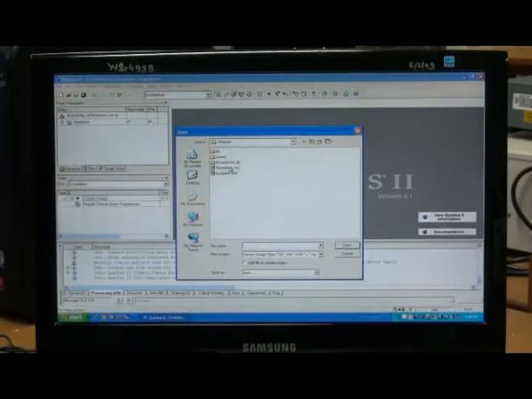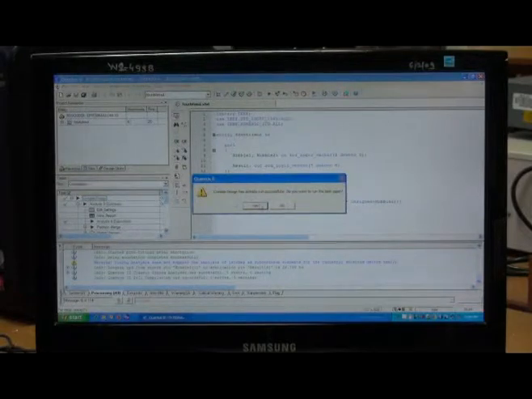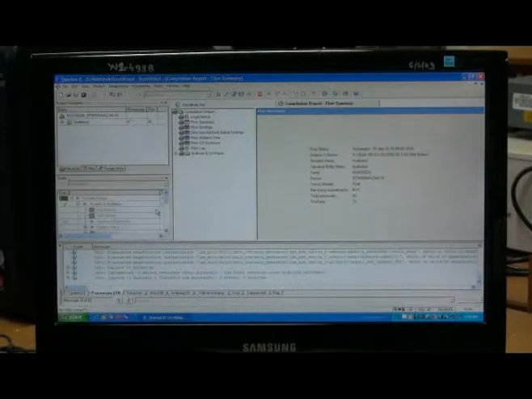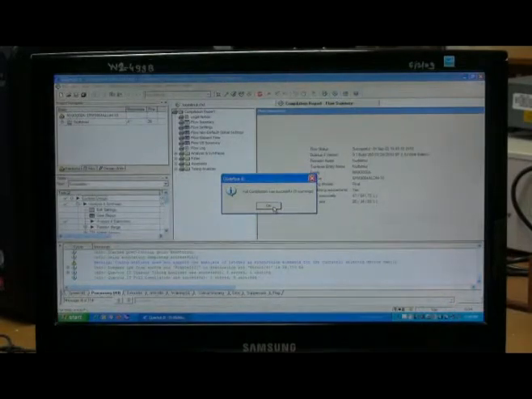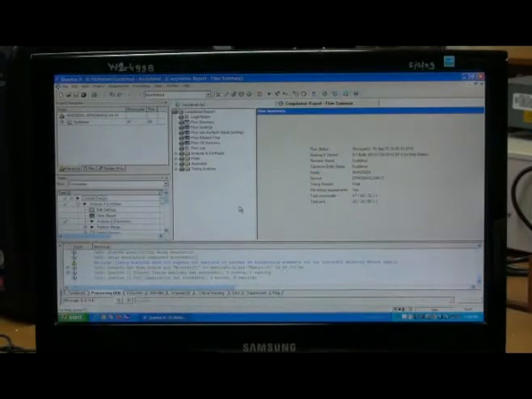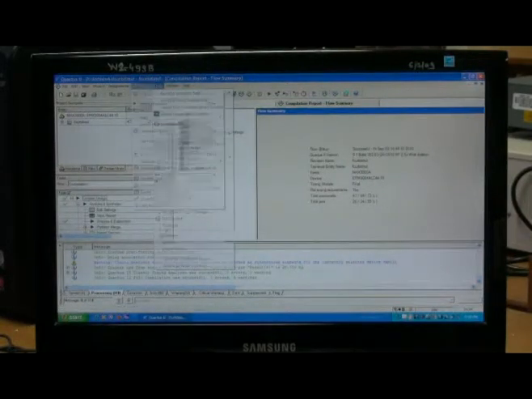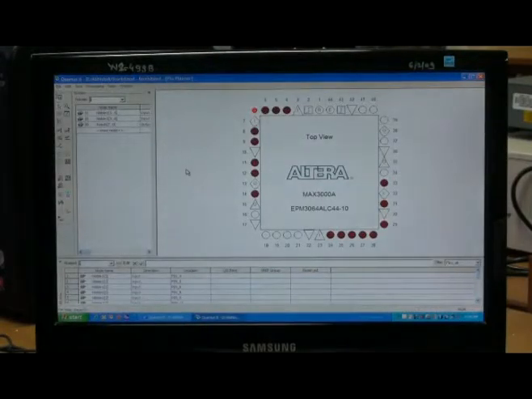Open the appropriate VHDL file and run the compilation. Once the compilation is successful, go to the pin planner to assign the appropriate input-output pins.